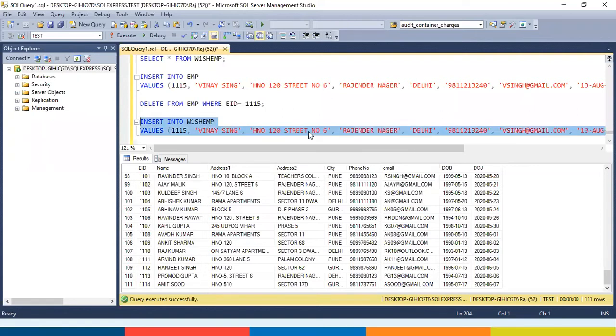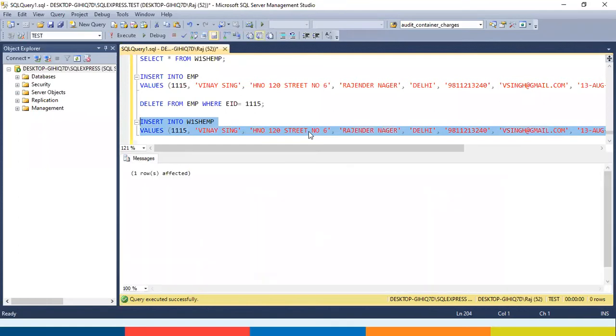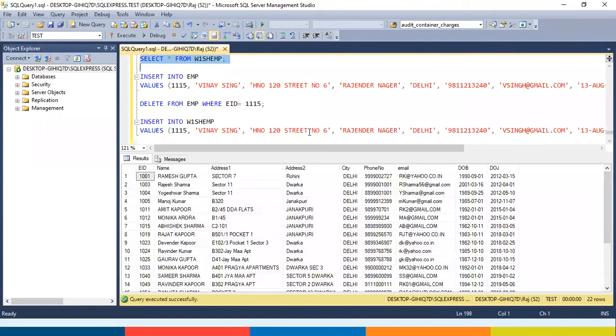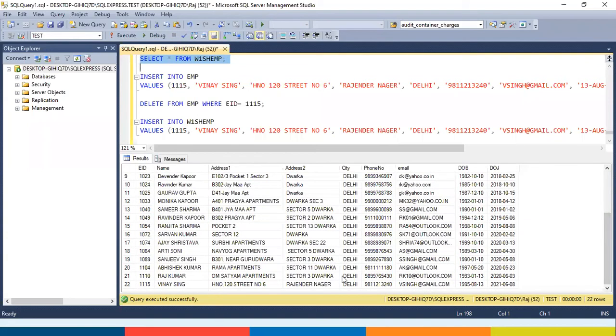Let me execute it, and let's see what happened. One row affected. Let us check in the view. Here it goes. Yes, the record has been inserted into the view.